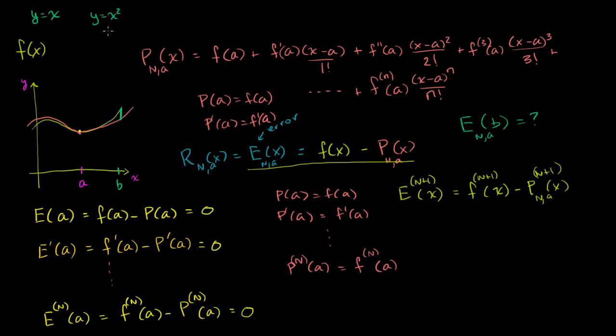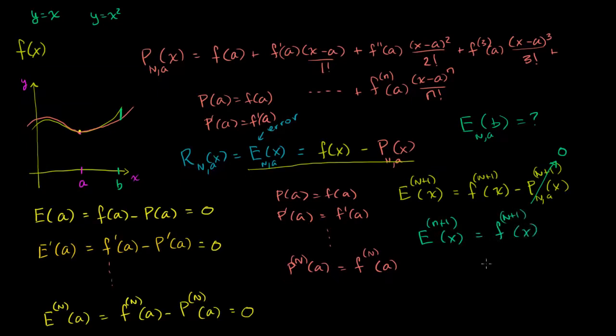In general, if you take an n plus 1th derivative of an nth degree polynomial, and you could prove it for yourself, you could even prove it generally, but I think it might make sense to you, it's going to be equal to 0. So this thing right here, this n plus 1th derivative of an nth degree polynomial, is going to be equal to 0. So the n plus 1th derivative of our error function, or our remainder function we could call it,